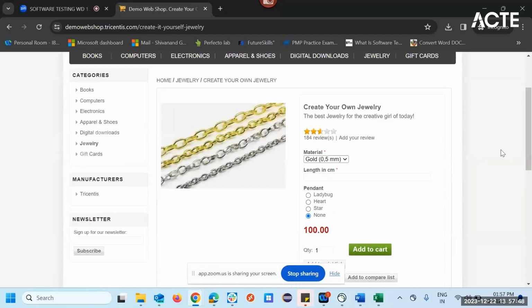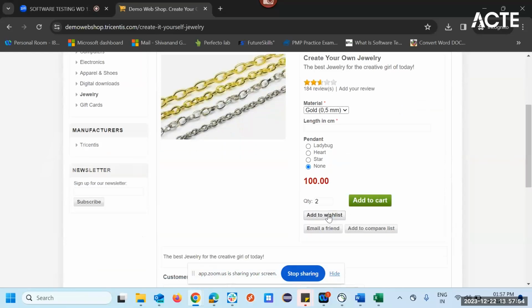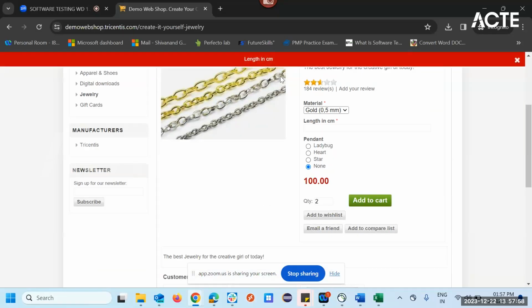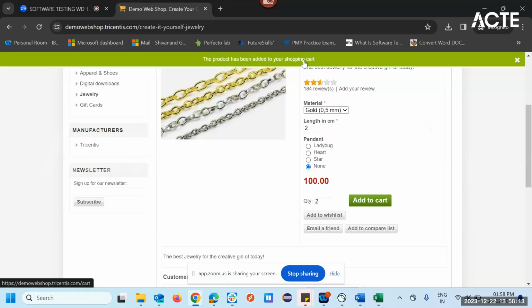Oh, okay. So now I will add the quantity, one or two, you can mention. If you click on two, or add to wish list, everything is there. So just click on add to cart. Length in centimeter, what is that? Something you give. Just click on add to cart now. See, the product has been added to your cart. So that message is there. So there are two ways you can